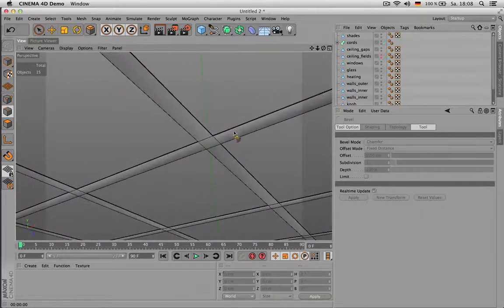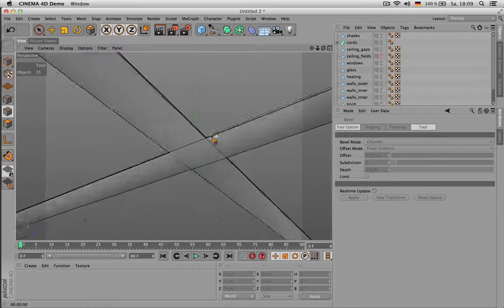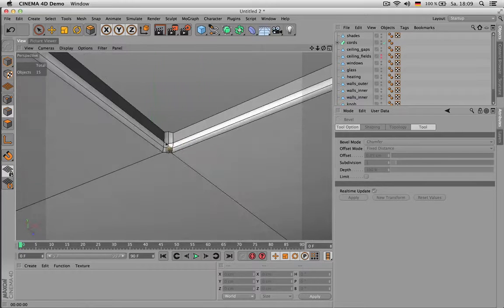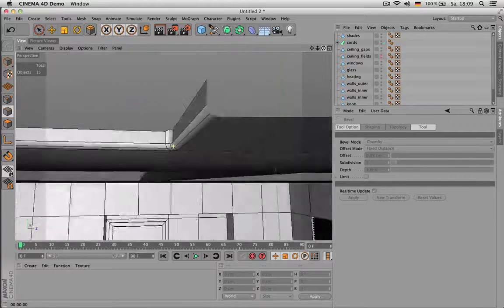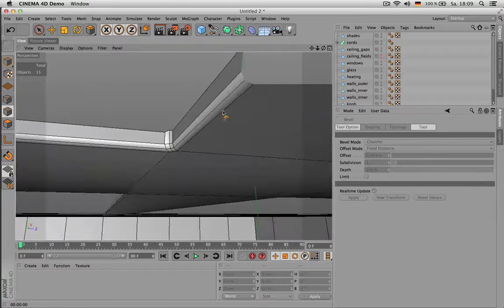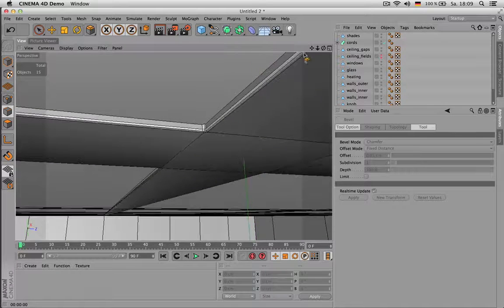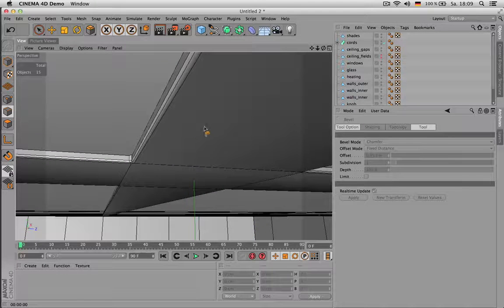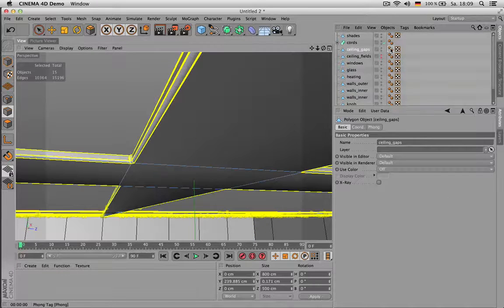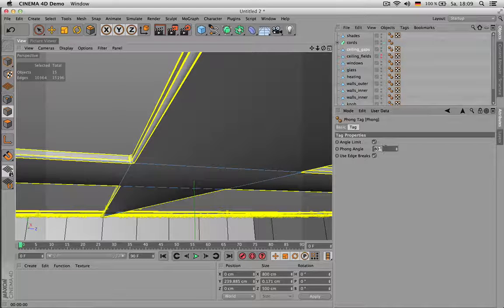So now you see some shading running across from light to dark over a flat surface, and this is because those bevels here are really small and the fields or the polygons next to it are really big, and to work against that we can reduce the Phong angle to say 20 degrees,